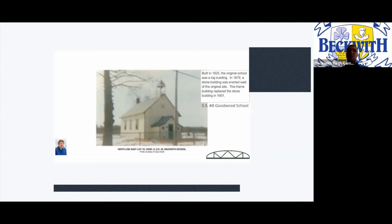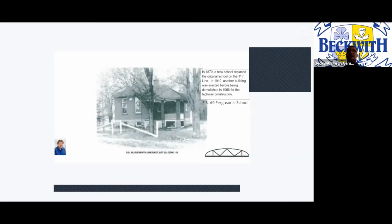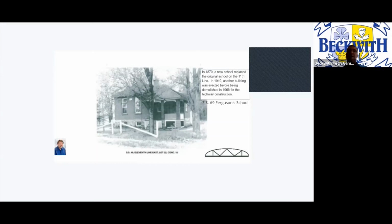And I think we're getting pretty close to the end of our tour. I think we've got 2 more to go. Richard, what's next? Oh, the number 9, the Ferguson School. So the Ferguson School was replaced in 1870, and it was located on the 11th line. And in 1919, there was another building that was erected, but when the schools were closed and sold off in